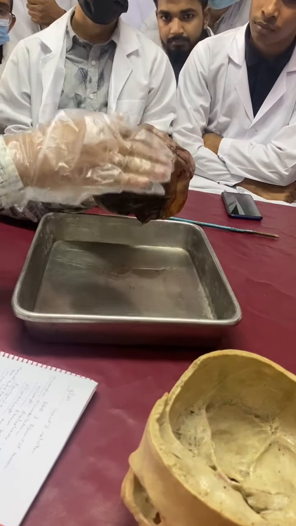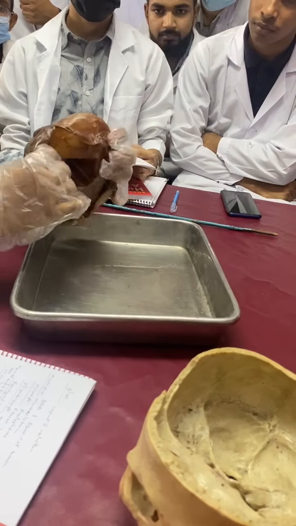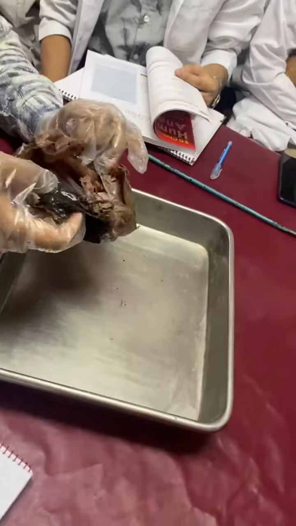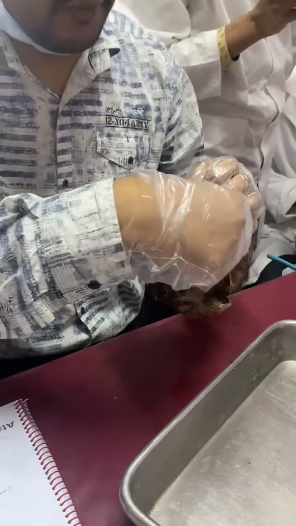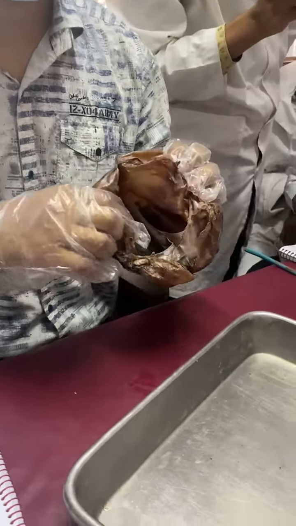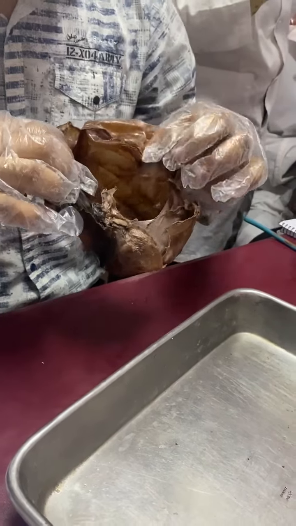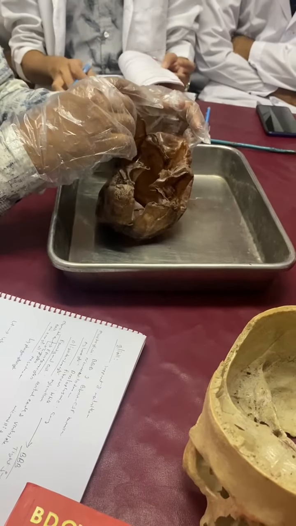This endosteal layer is attached to the skull, and in between this dura, if I show a little, you can roughly see, you can find some folding in between. So which are the foldings here? These foldings are the meningeal part of the dura. And in the meningeal part there are four foldings present.